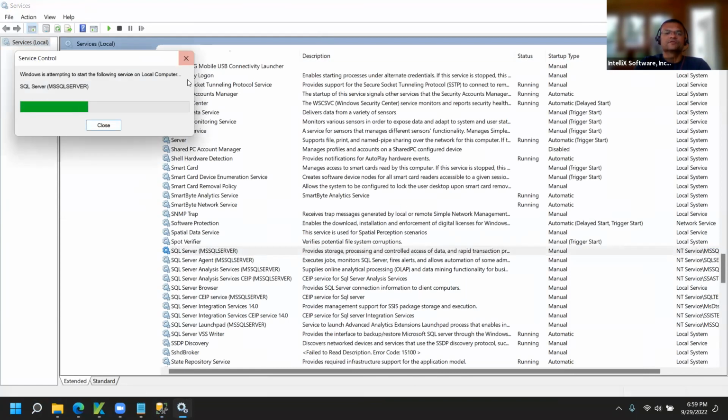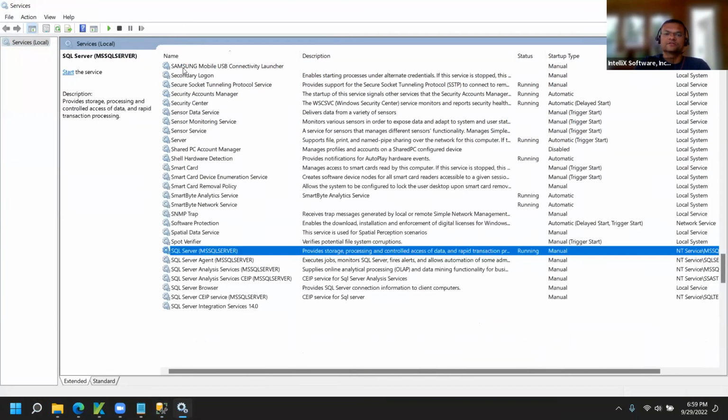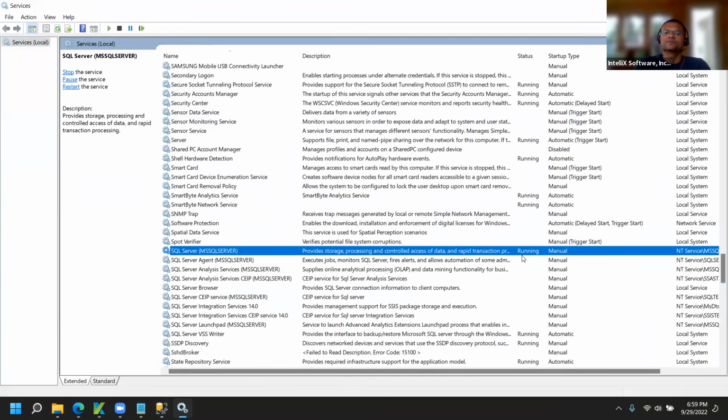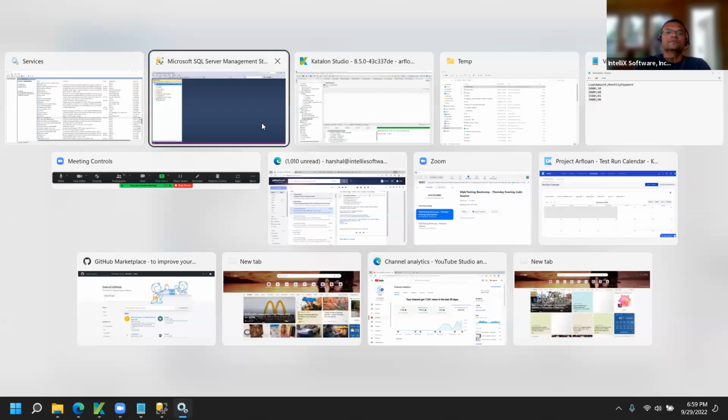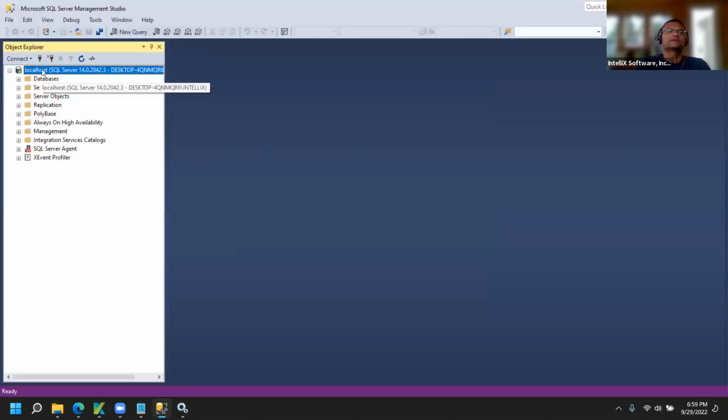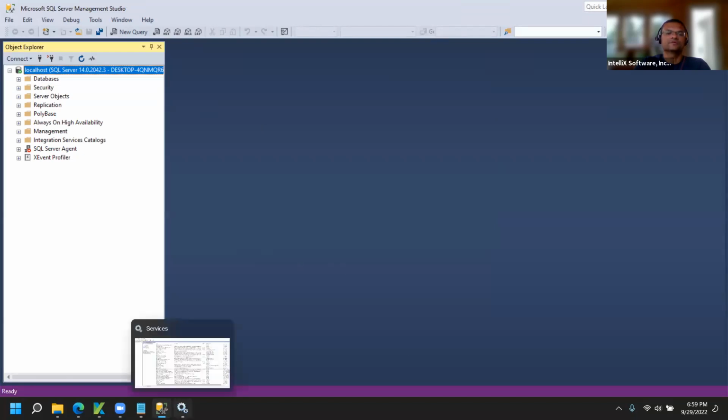I just started the SQL Server because it chews up a lot of memory, so I generally stop it. Okay, now it connected, right? So localhost is the only thing I needed, and my Windows username and password. So if I go back here,